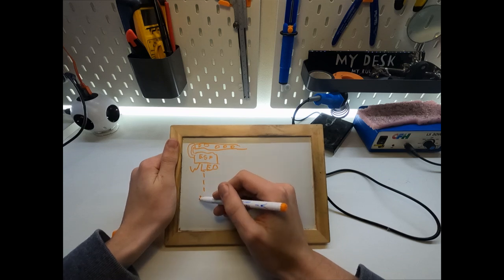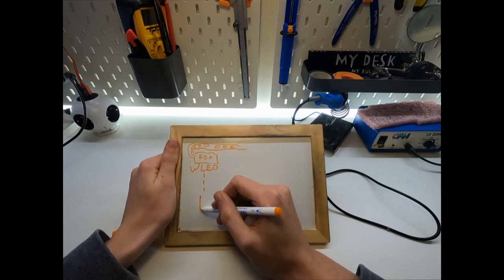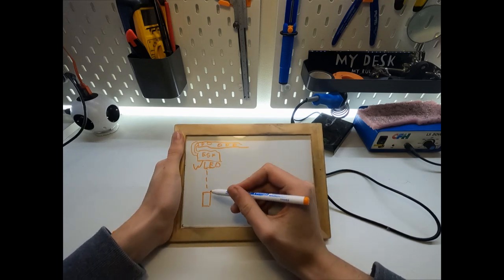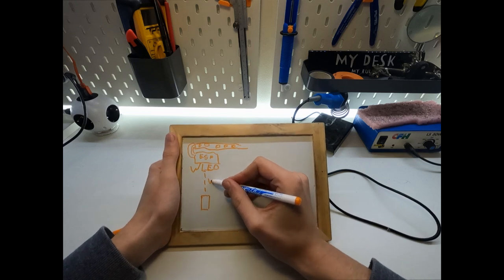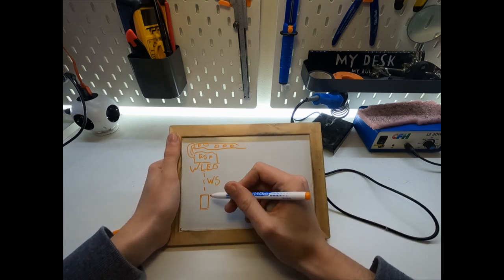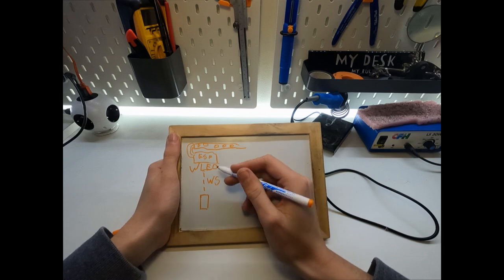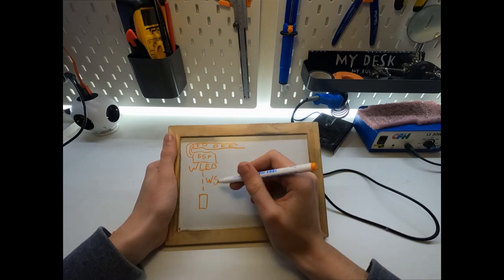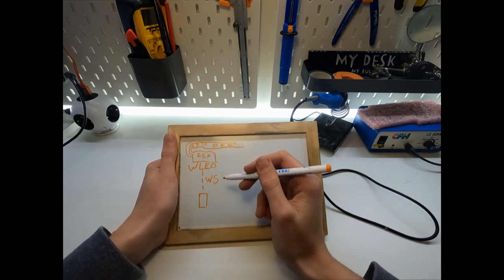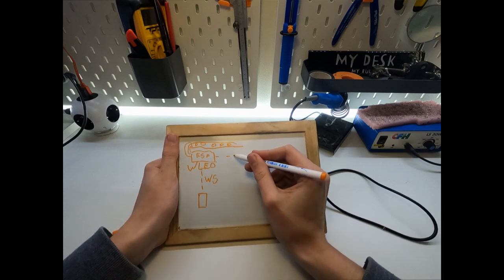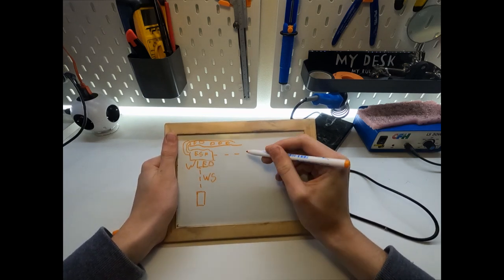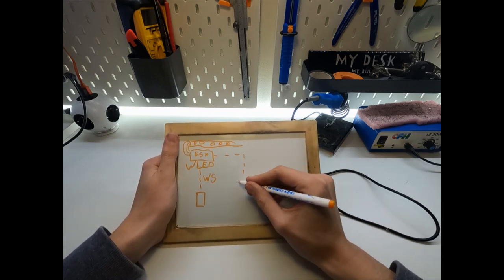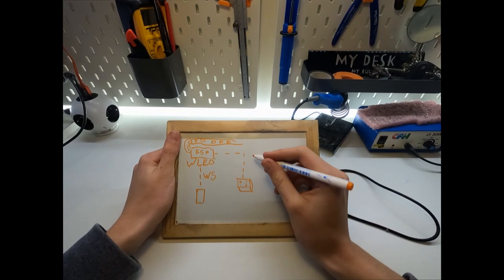The ESP will be hosting a web server that you can access with any Wi-Fi capable device like your phone. Your phone will send data via WiFi connection. That means that it stays connected the whole time. That makes it nice and responsive. But how I want to control it with the controller is a bit different. I will have a Wi-Fi connection with the WLED server, and I will send the data with a